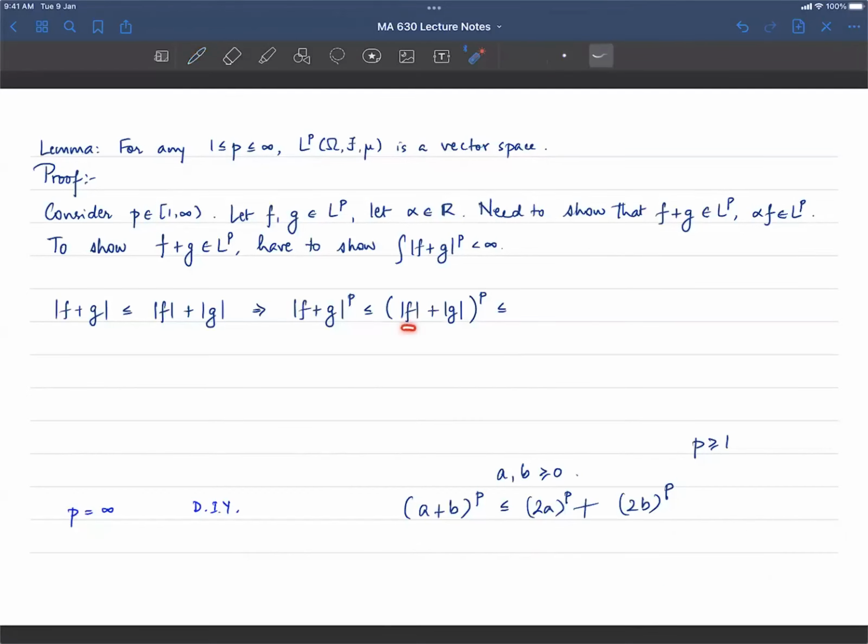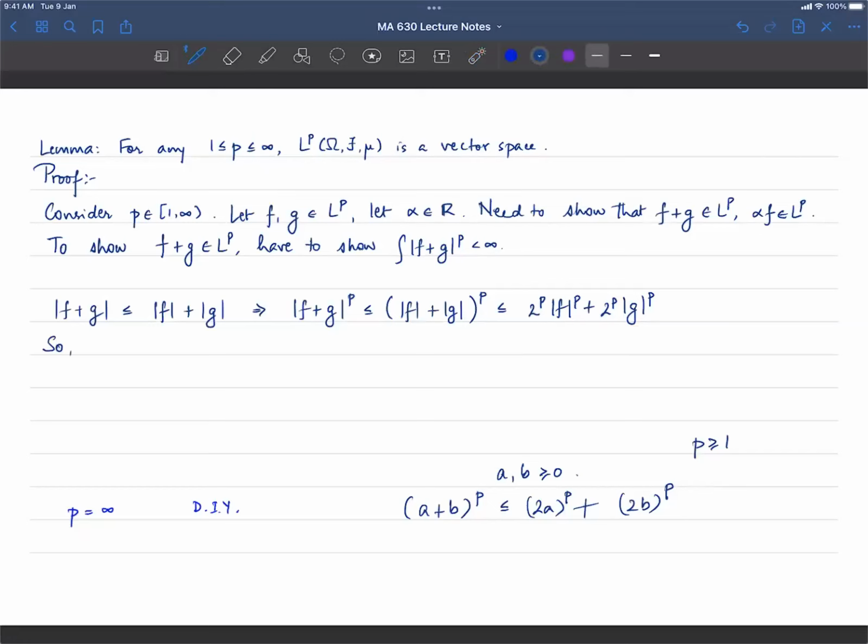I have mod f plus mod g to the pth power. Either mod f is bigger or mod g is bigger. But anyway, as we saw in this argument, you get less than or equal to 2 to the p mod f to the p plus 2 to the p mod g to the p, right? And now let's see what we have here. Look at the thing I'm underlining. This is a non-negative measurable function. This is less than or equal to, look at the thing I'm underlining, another non-negative measurable function. So I know that if I have two non-negative measurable functions and one is smaller than the other, then the integrals will also respect that relation. Right?